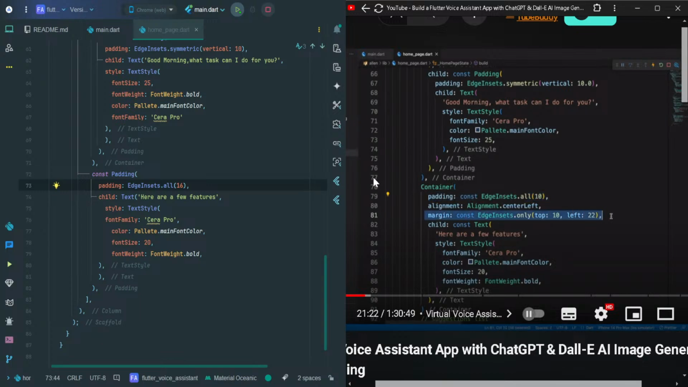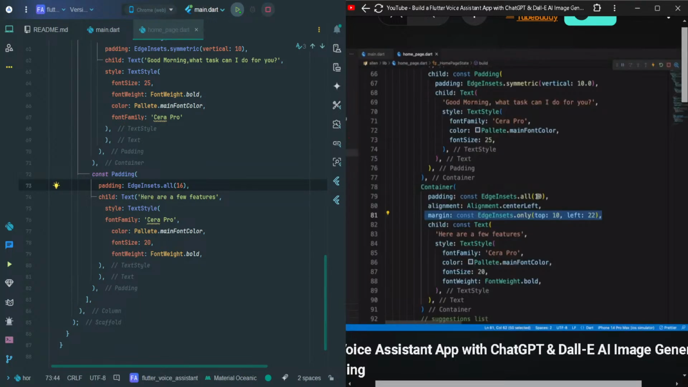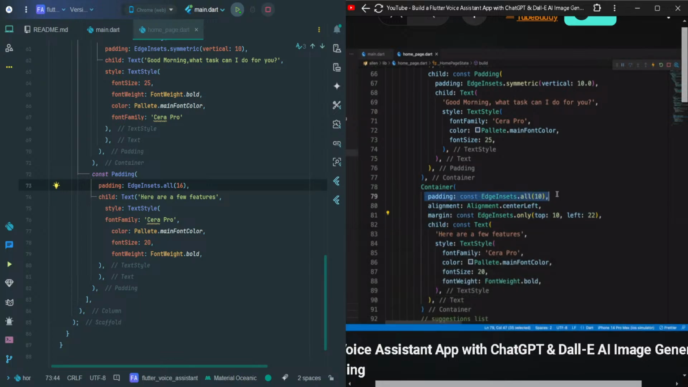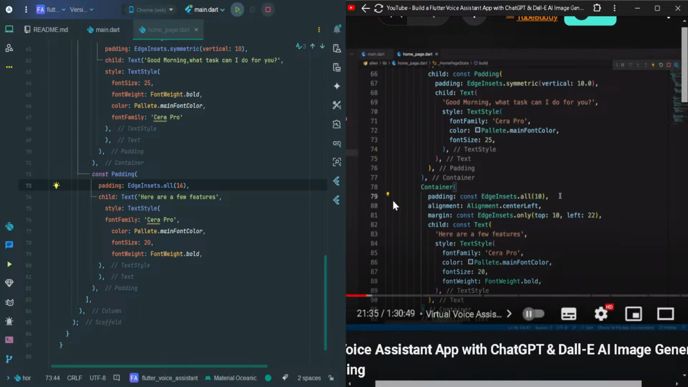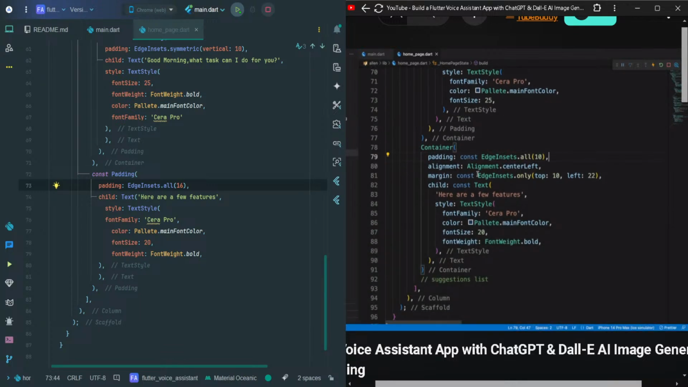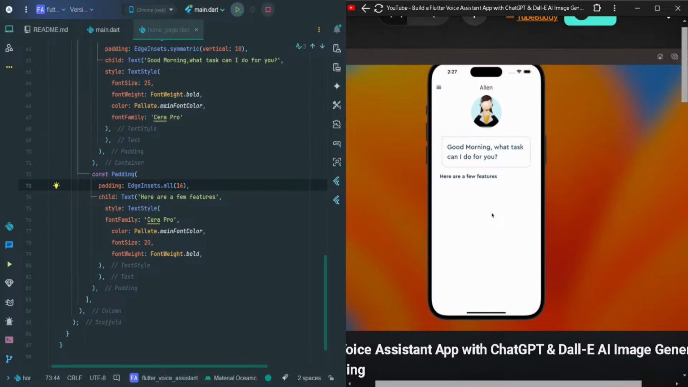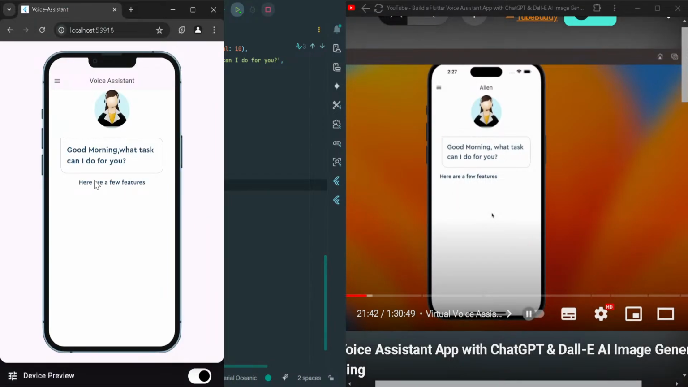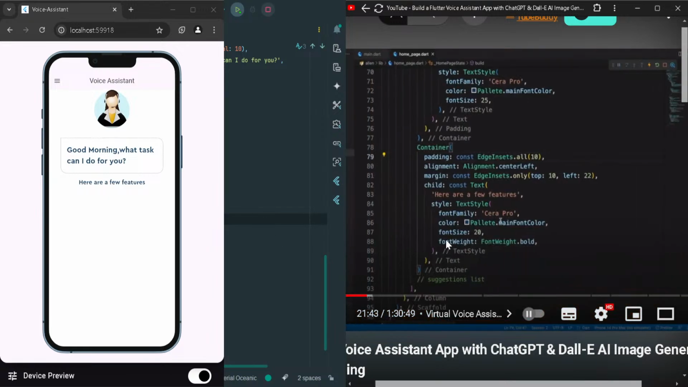In this case, padding and margin are doing the same properties. I just wanted to showcase it to you. If you want, you can just integrate this with a single padding property. But basically, in this case, margin and padding are the same things. Of course, if you add borders and stuff, it becomes different. But for our use case, both of them are doing the same thing right now. After having that, we'll